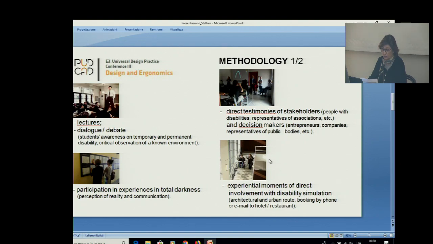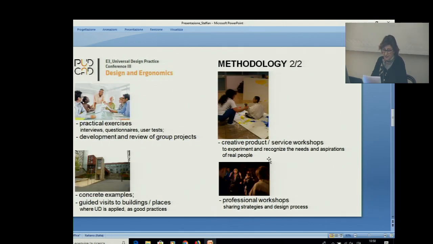be in condition of absence of light, experiential moments of direct involvement with disability simulation, such as architectural and urban route, booking by phone or by email to hotel, restaurant. And then practical exercises, interviews, questionnaires, user tests, development and review of group projects, concrete examples where UD is applied,